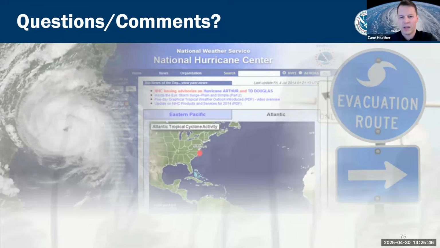So we're going to transition to break here, but just a final piece of what I took away from that. When it comes to incorporating storm surge risk into your plans, with that 10% exceedance, really make sure that you're incorporating all or most of the worst case scenarios of what you could actually see based off storm scenarios. So it's a good planning product. It is probably a bit more risk averse, but like you said, it is constantly being verified against operational surge products as well as observed surge heights. So thank you, Laura. Thank you, NHC.